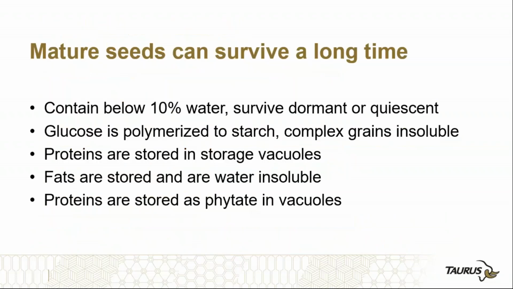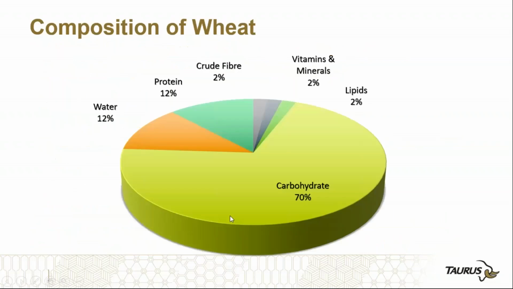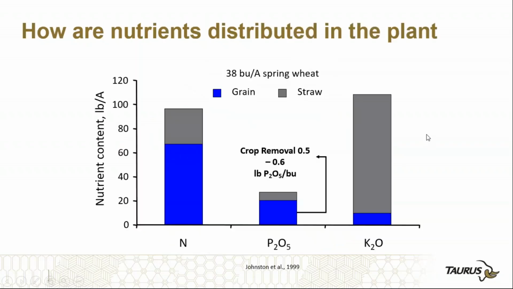Maturing seed can live a long time. We know that. It's stored a long time. And in the end, here's what we got. We got a pile of carbohydrate in the endosperm. We got a little bit of water. We got proteins galore. We got vitamins, minerals, and we got a tiny amount of lipid in the germ. And as you know, if you eat germ, one of the things you have to be concerned about is rancidity of germ because of the fat in it.